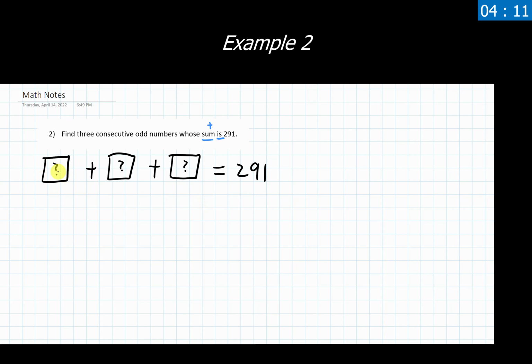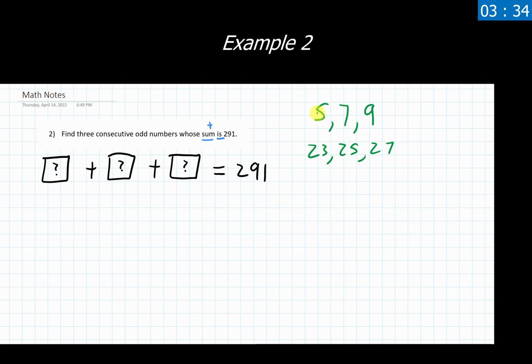Let's revise this a little bit more specifically. Okay, I want 3 consecutive odd numbers. So off to the side here, if we're thinking on consecutive odd numbers, I'm going to do this in green. Let's say my first odd number was the number 5. Well, the next consecutive odd number would be 7, and then the next one would be 9. Okay, there's got to be a pattern that's showing up there. Let's try another set of numbers. What if we did, I don't know, let's do 23. 23, 25, and then 27. So what are we noticing about these?